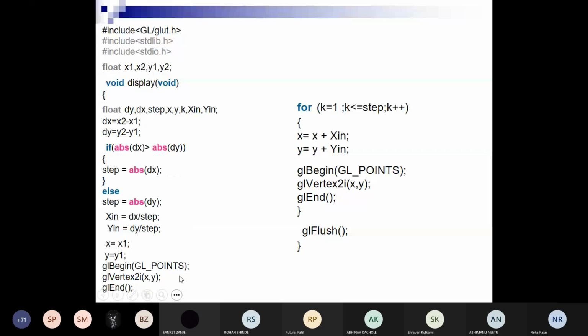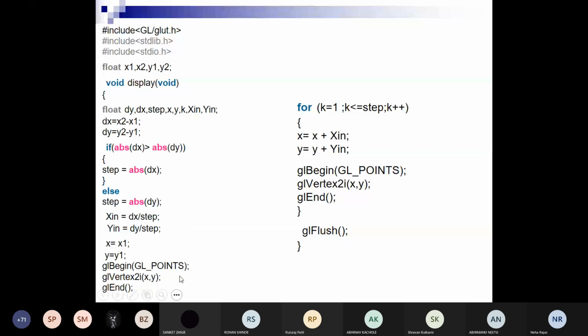So what is our increment step? That is, x increment is dx divided by steps and y increment is dy divided by steps. Then we initialize x as x1 and y as y1.